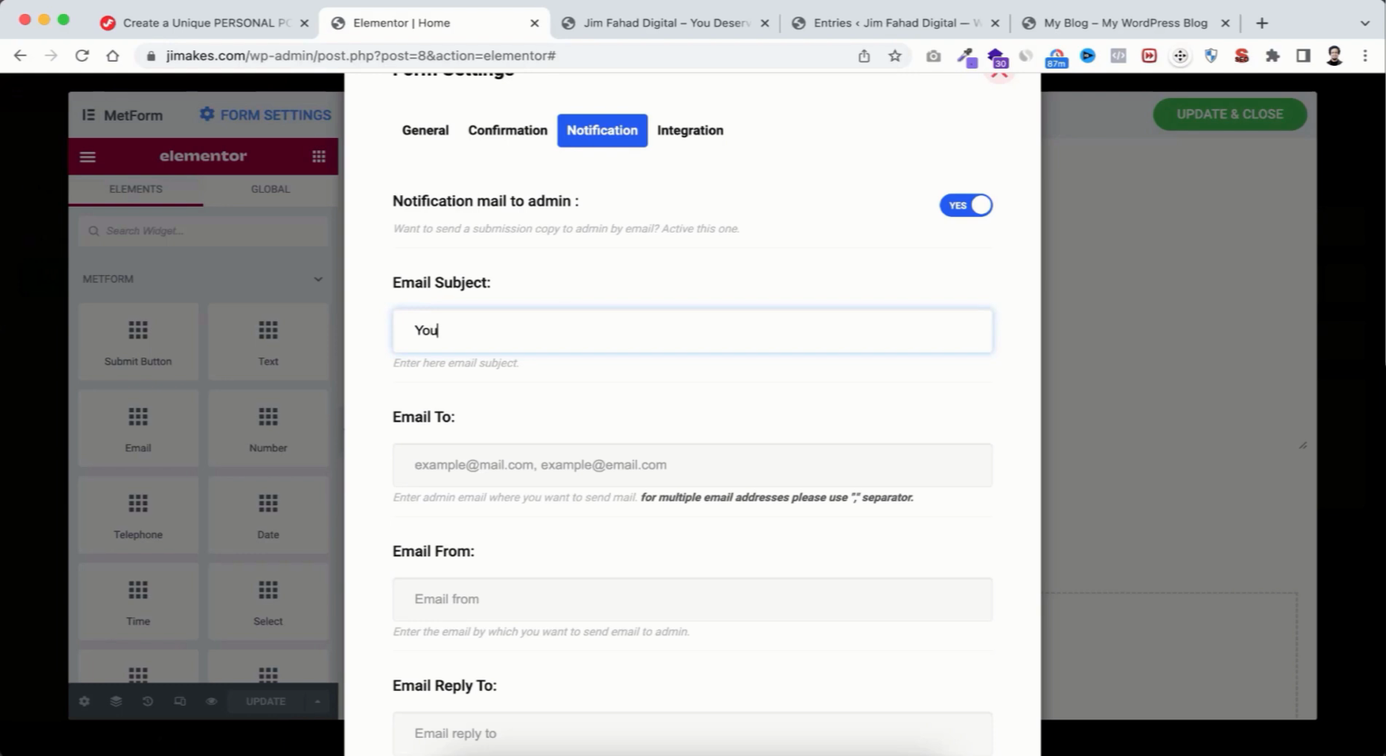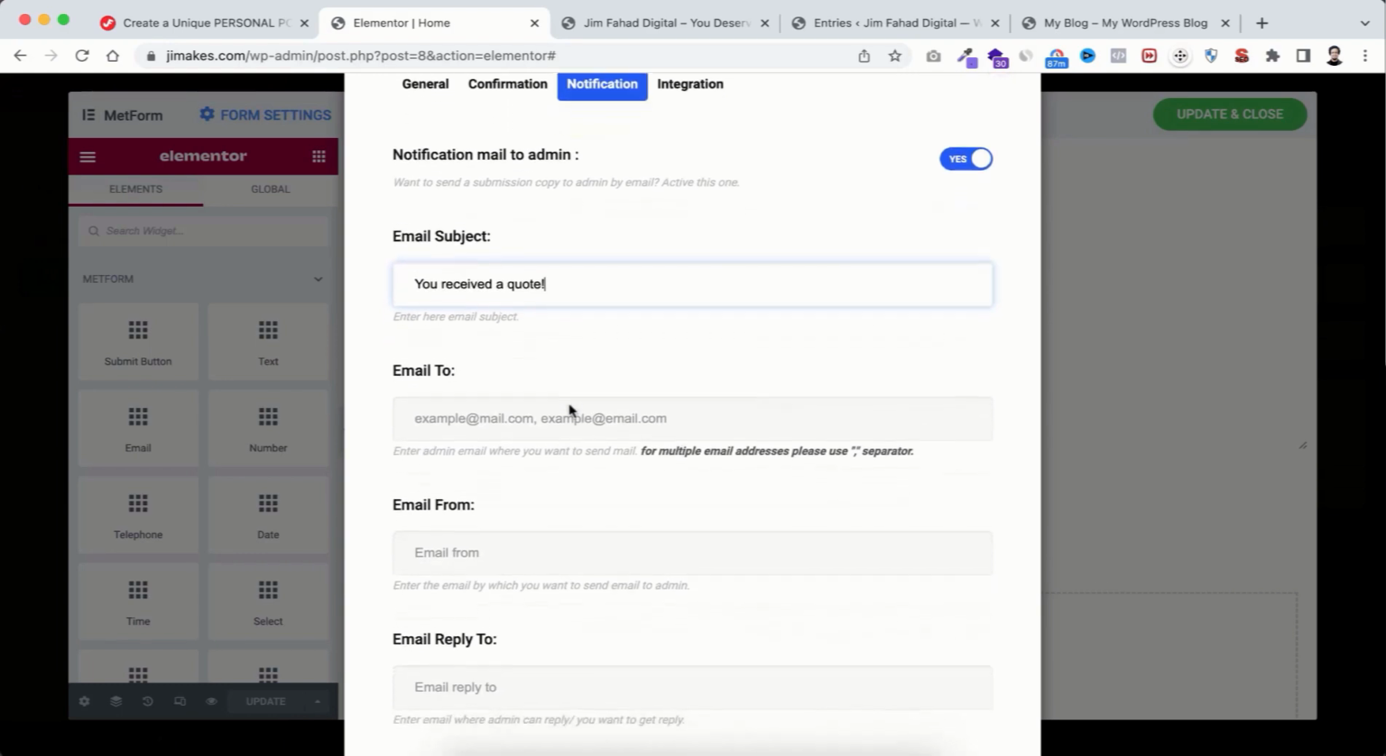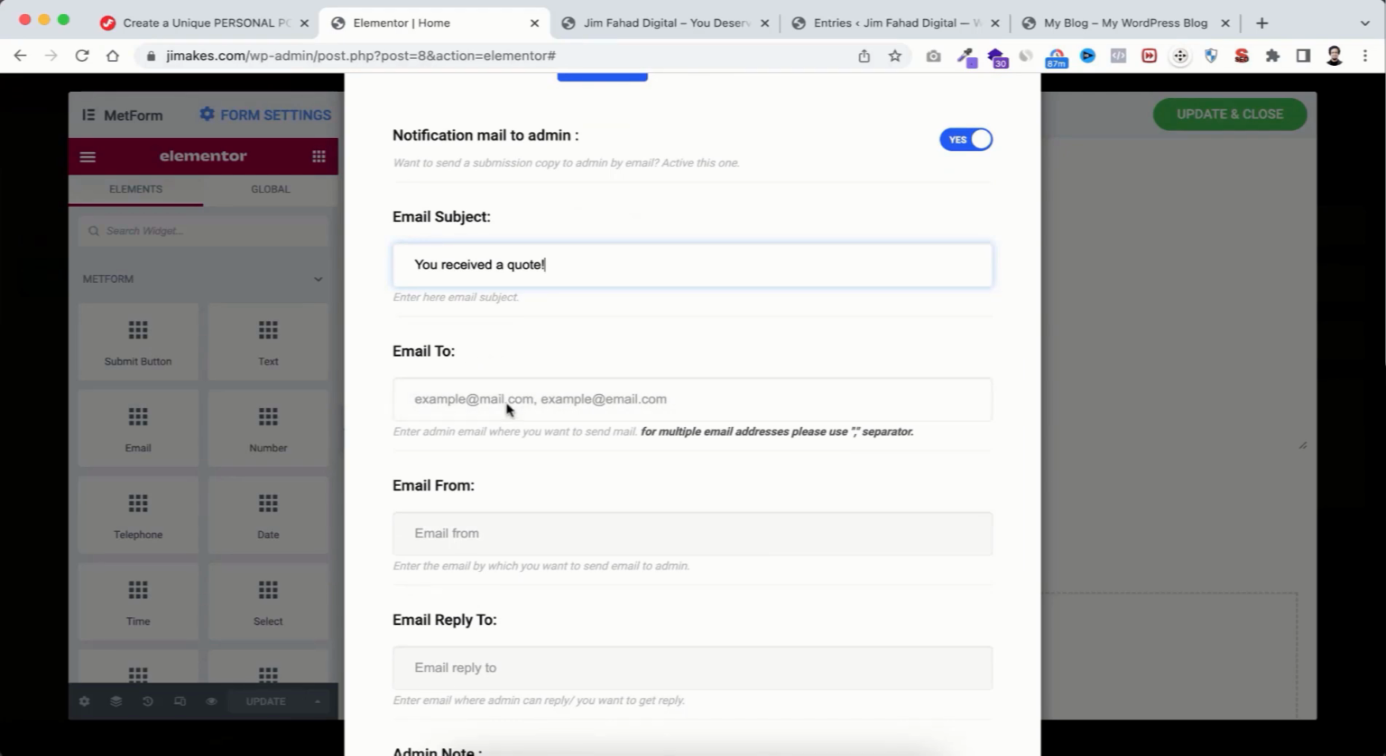So here I just wanted to say you received a quote, and then within this email to field, you need to put your email address, because in this email address, you will get all the information that anyone put inside the contact form. So here I'm putting my email address,